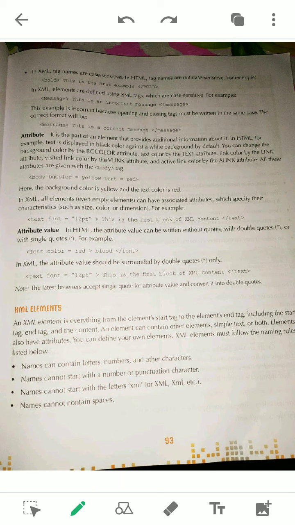And the attribute values also you have seen. In case of HTML, sometimes we don't write attribute values within quotation marks, sometimes we give them in quotation marks, but in XML they must be given in double quotation marks. So next, you see what XML elements are. We have discussed the XML tags. Tag means the start and end. The last class we have discussed that. Let's see what an element is.